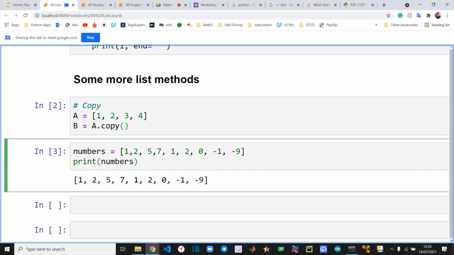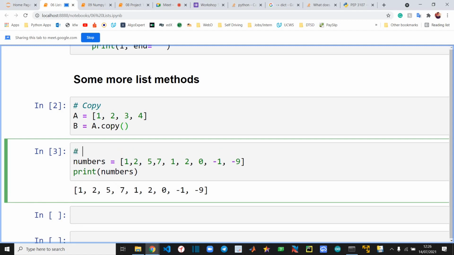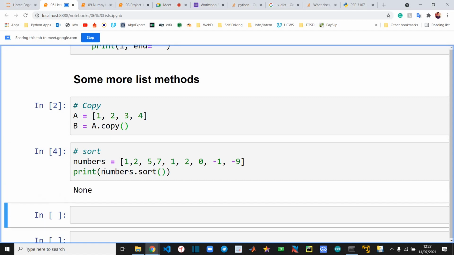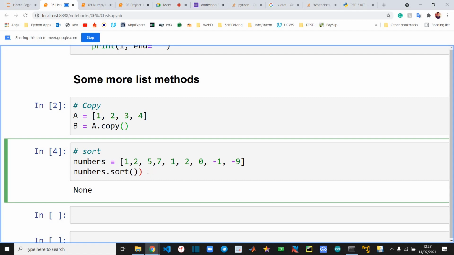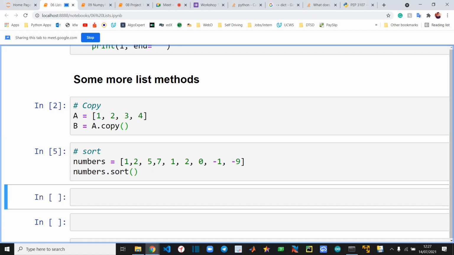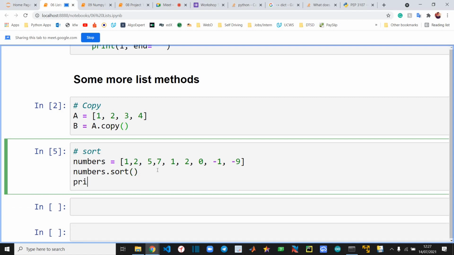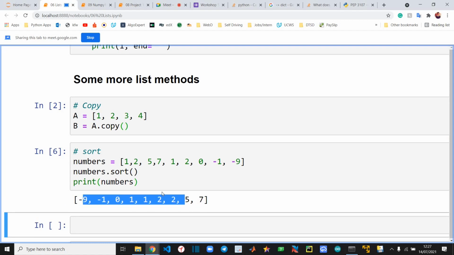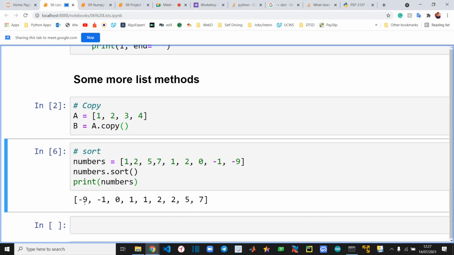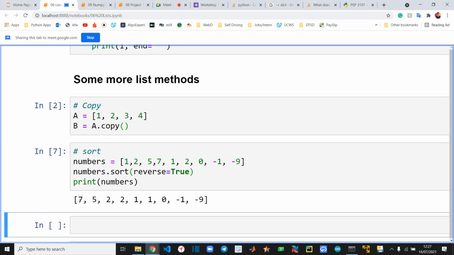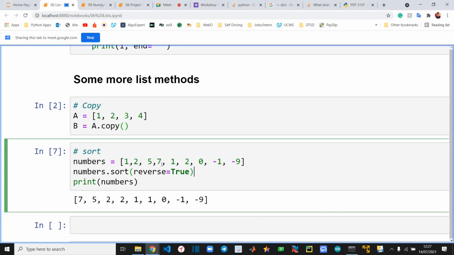But what if you want to sort them in ascending order or descending order? You can use the sort method. Print numbers dot sort. Numbers dot sort, print numbers. You can see this is in ascending order. This got ordered in ascending order. You can also do something like this, and it will be arranged in descending order.